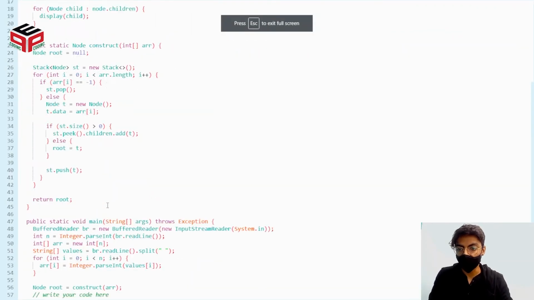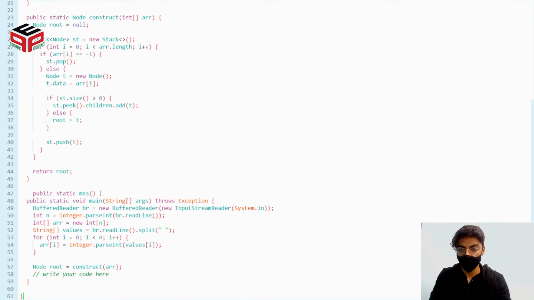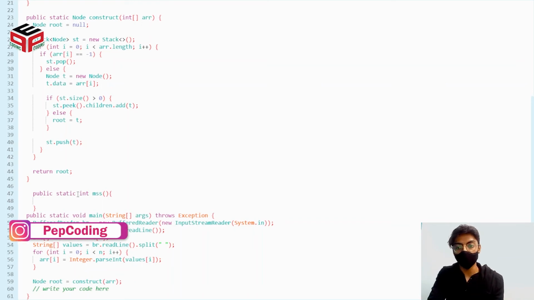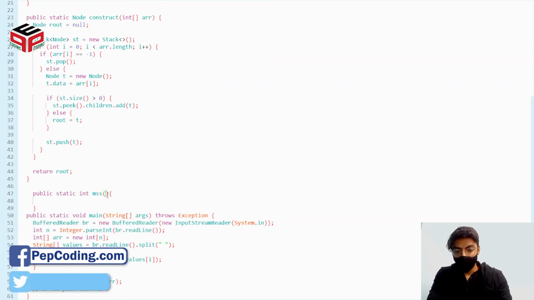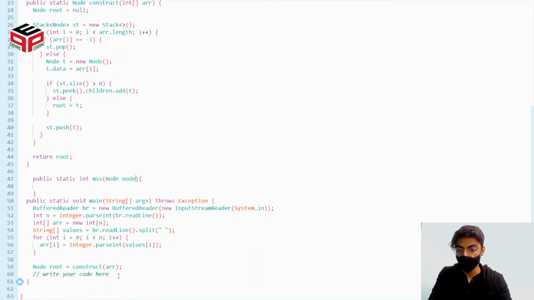First, we'll need a function, which let's call it maximum subtree sum. The type would be integers as we are returning the subtree sum of the node that we are passing. And that node, let's call it, well, node. We'll also need to call this function. Let's call MSS and pass our root here.